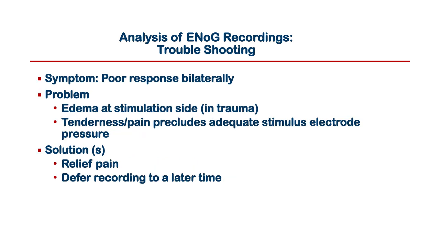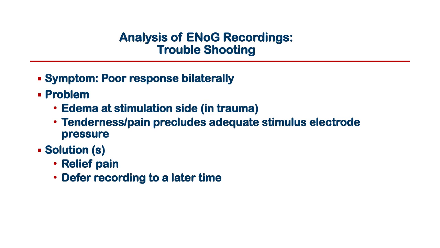Okay, so now we still have a bilateral problem, but it's not no response. It's a small amplitude. Well, this is most commonly in patients who have had trauma, with a lot of edema throughout the head and neck, and or in a clinic, the person's very tender, they've got some pain, maybe their whole head and neck was injured, and there's a lot of trauma, and